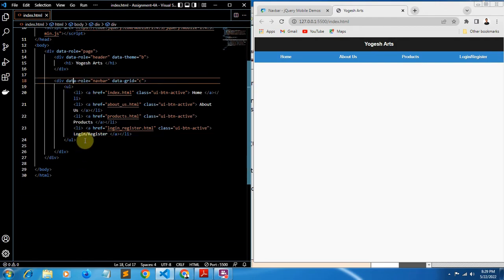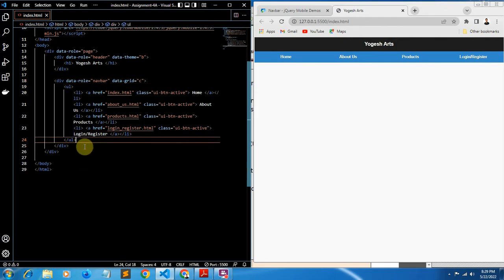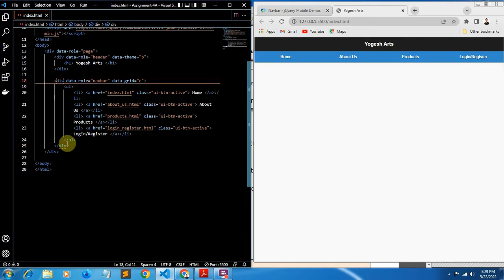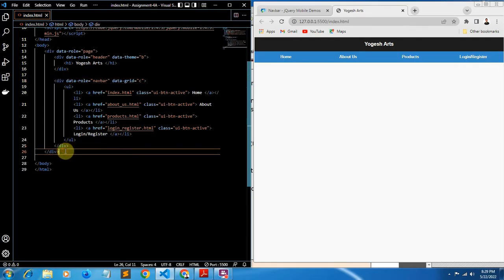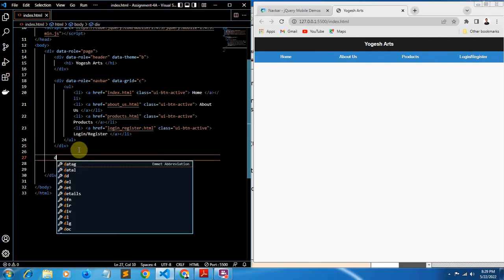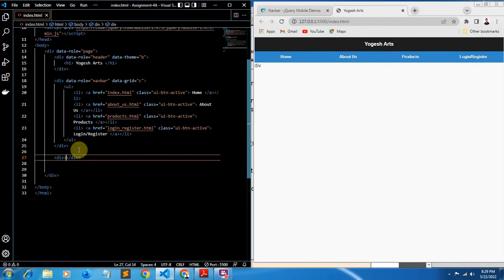Now in any HTML page we have 3 main parts: first is the header, second one is the content, and third one is the footer. So now we are ready with our header section and then navbar. So now we'll add the content. So for that I'll create a division, and inside that I'll write class equal to content,